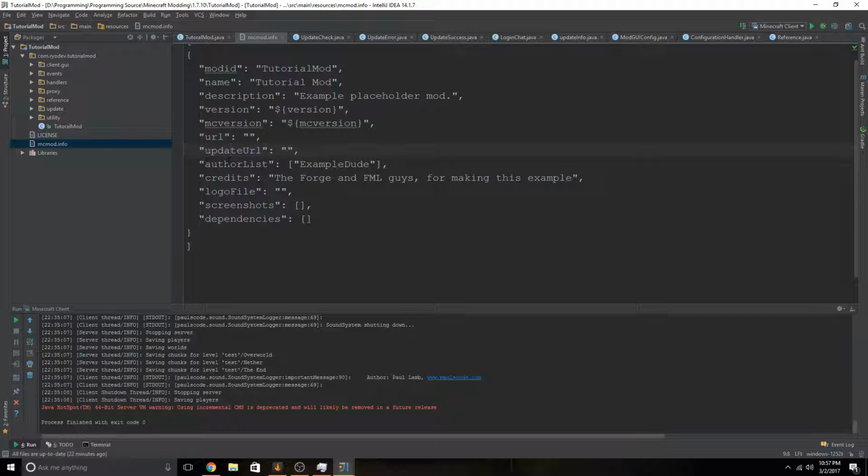There's the author list. You can color that as well. Credits you can add color to. There's no reason to add color to the logo file. I am not going to show you how to add color or add a logo file, but basically you can just put it in there, and if you want to reference it, you just do a slash first and then type in your logo